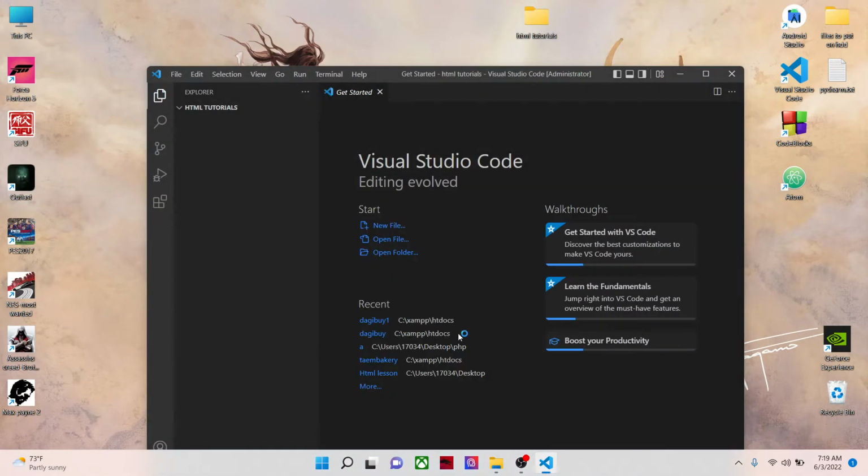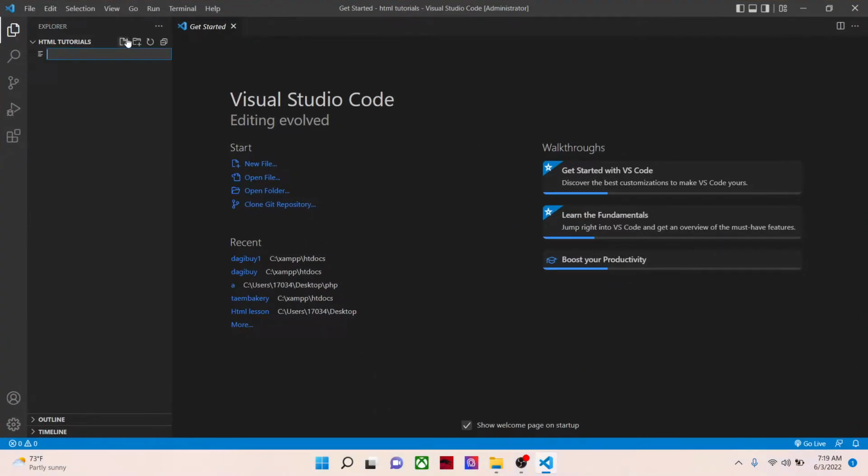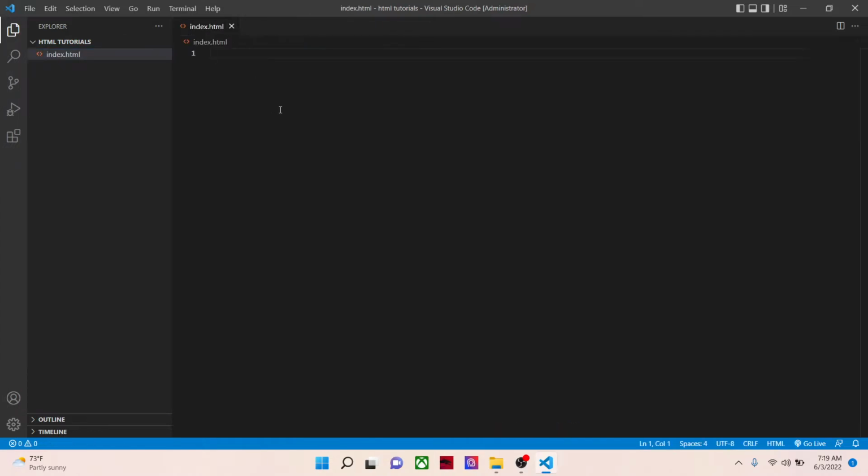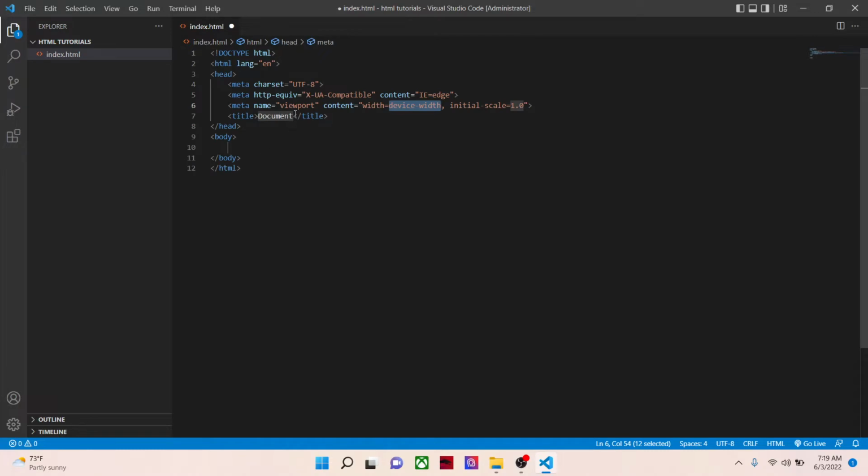Then create a file called index.html. You could call it whatever you want. Now exclamation mark and tab. This is the basic HTML structure. It's a boilerplate. Let us call our title programming tutorial. Okay. Now in our body,